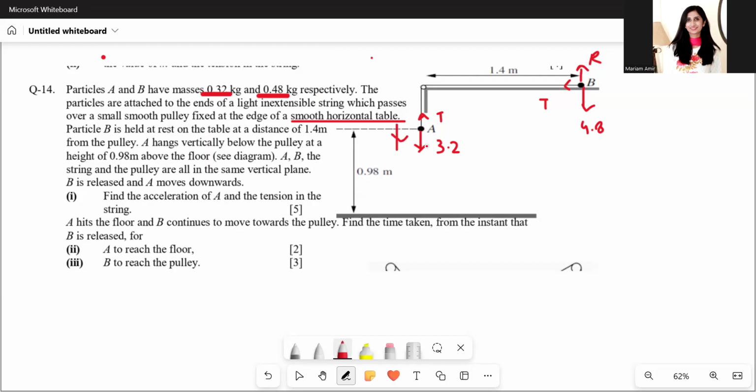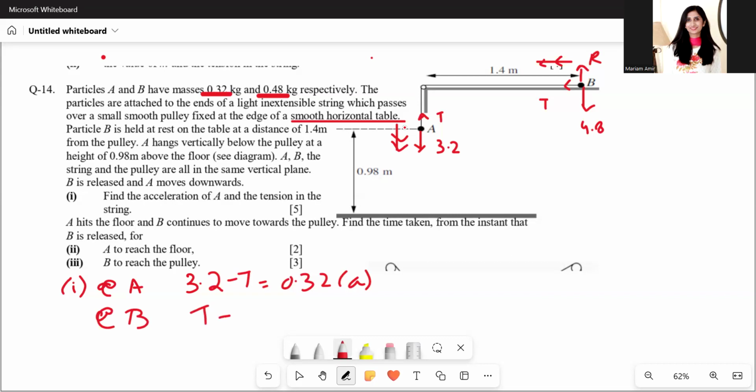This is the direction of motion: A moves downwards, B moves towards the left. Find the acceleration of A and the tension in the string. For part A, I'm applying Newton's second law on A first, which is forward force minus backward force equals m times a. And now I'm applying Newton's second law at B, which is again forward force, T, minus no backward force, 0, equals mass, which is 0.48,